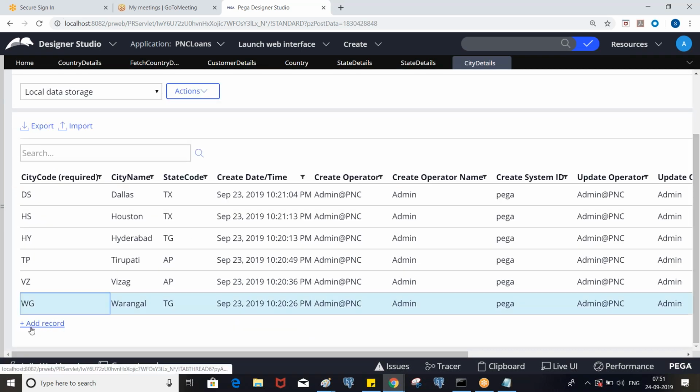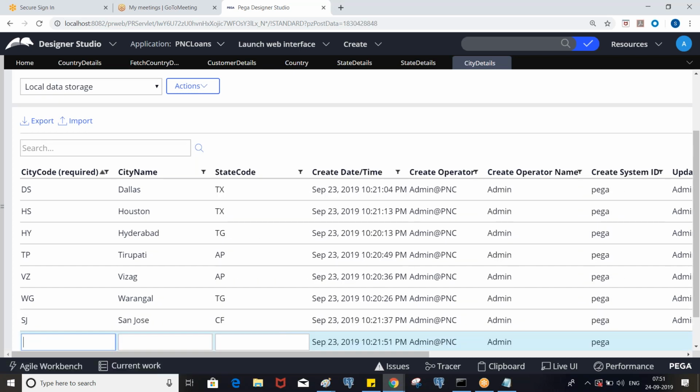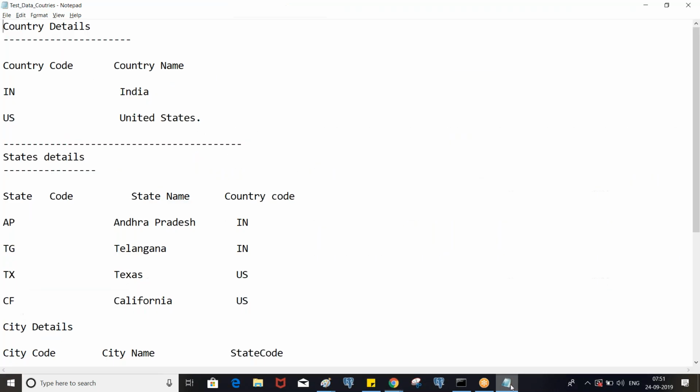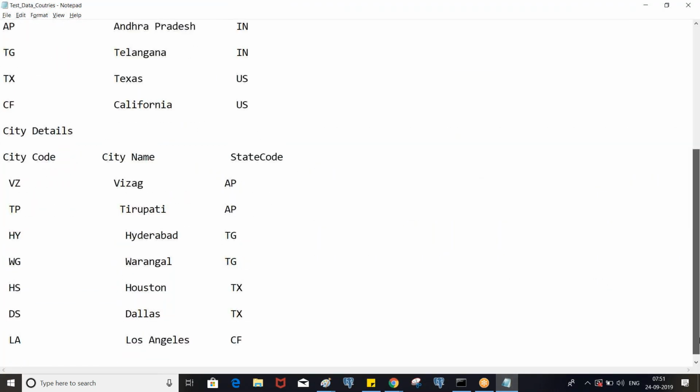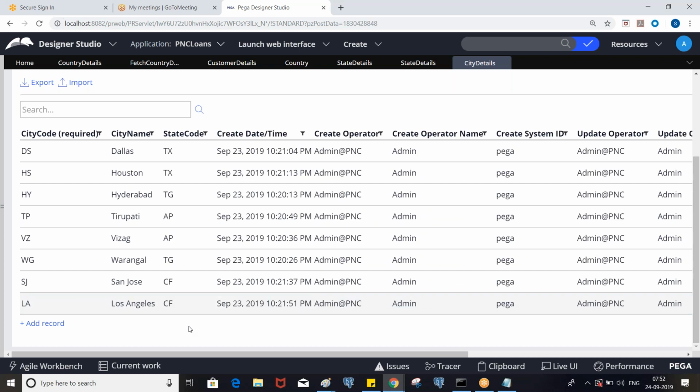So SJ, San Jose, belongs to California. San Diego. Next, Los Angeles. Yeah, you can put any other. Las Vegas. So if you want to put more cities, you can put them in the same way, right?